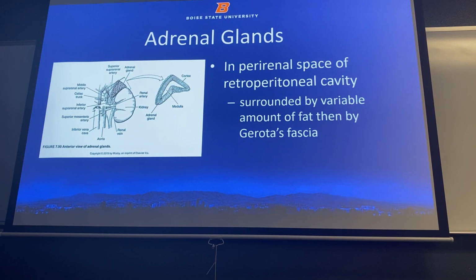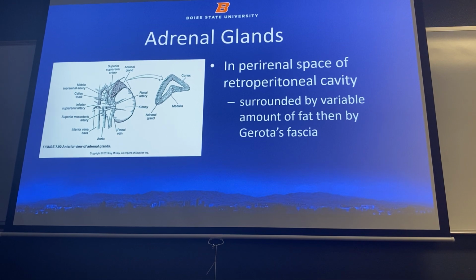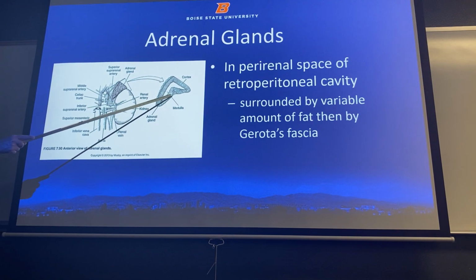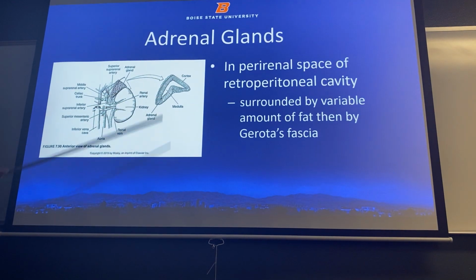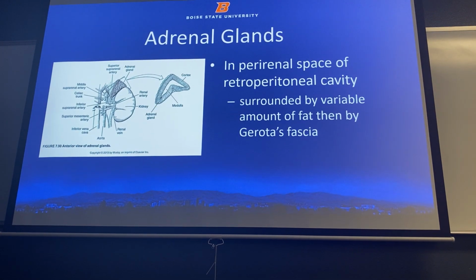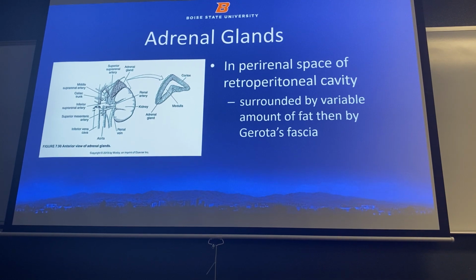Their locations will vary between the left and right. They're somewhat triangular shaped, but when we look at them on sectional imaging, on the axial perspective, they have that, I keep on using, inverted Y kind of appearance. You can kind of see it over here. It has 2 components, the cortex and the medullary portion of it. They're important for producing things like norepinephrine and other corticosteroid type